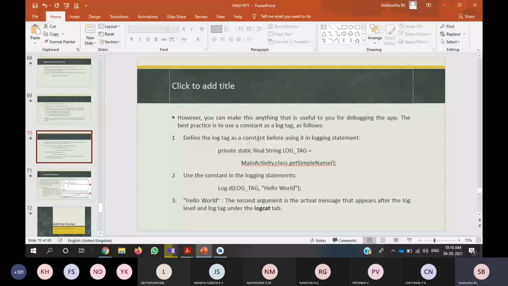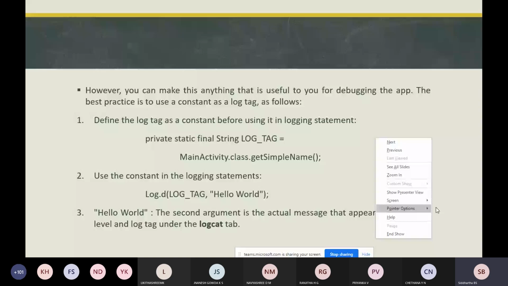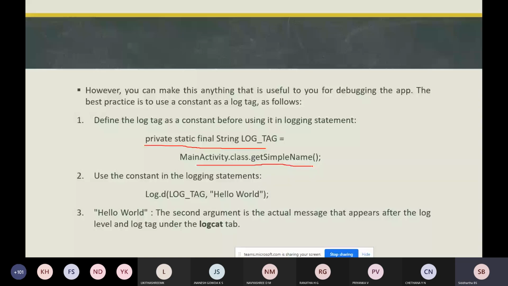To include the constant log tag, you need to specify private static final String LOG_TAG equals MainActivity.class.getSimpleName. After defining this constant, you need to use that constant in the logging statement.